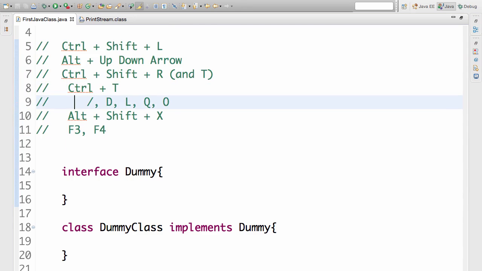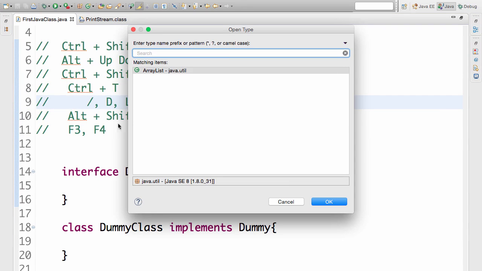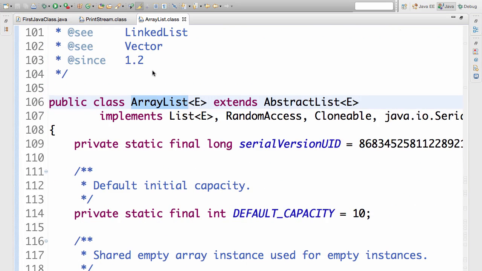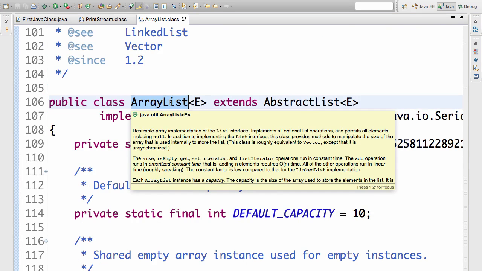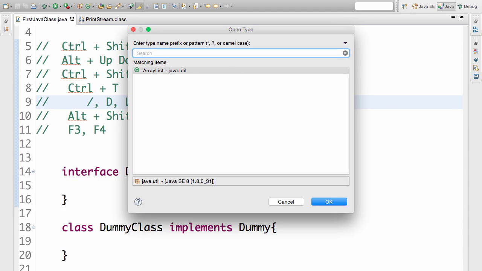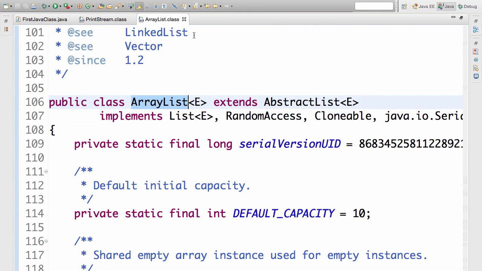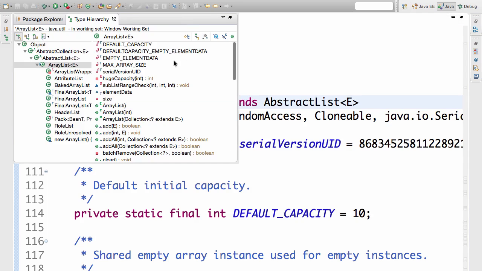So Ctrl slash. One of the important things that we would want to do while we are doing programming is to understand the hierarchy of classes. So if, let's say, I want to understand the hierarchy of array list, what I did was type in Ctrl Shift T, type array list, AL should be perfect, and pressed enter to bring this up. And now I can do a function F4, just F4 if you are in Windows. So I'm just pressing function F4 or F4,